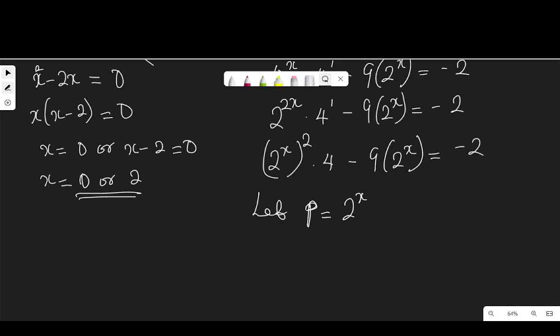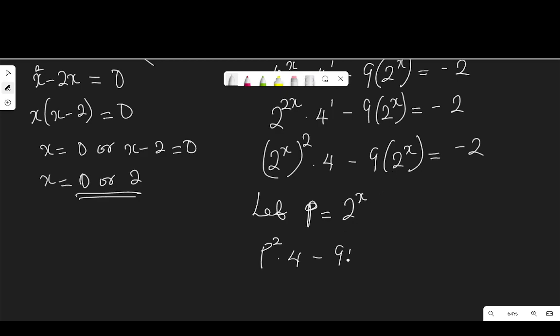I have p to the power of 2 multiplied by this 4, then minus 9 multiplied by this p now, because we are replacing 2 to the power of x